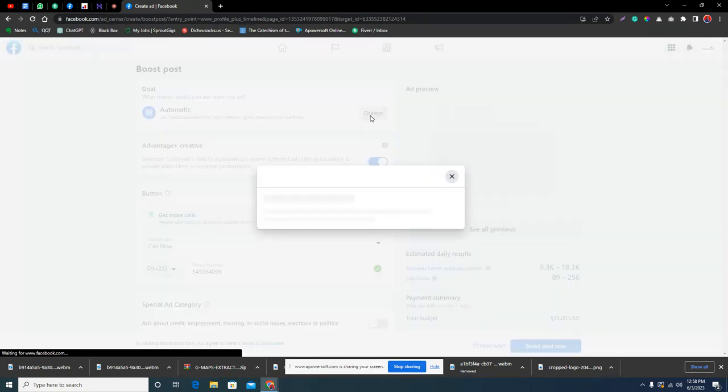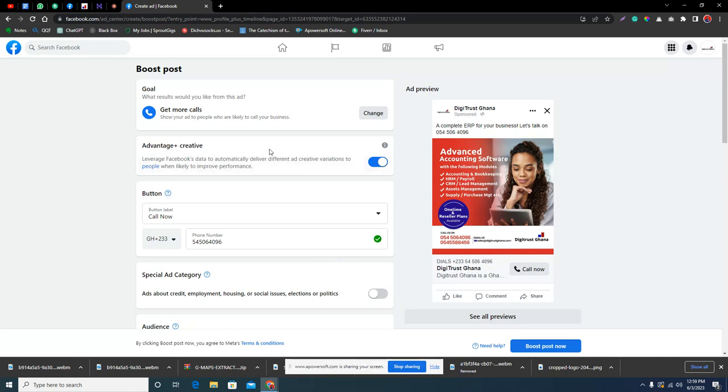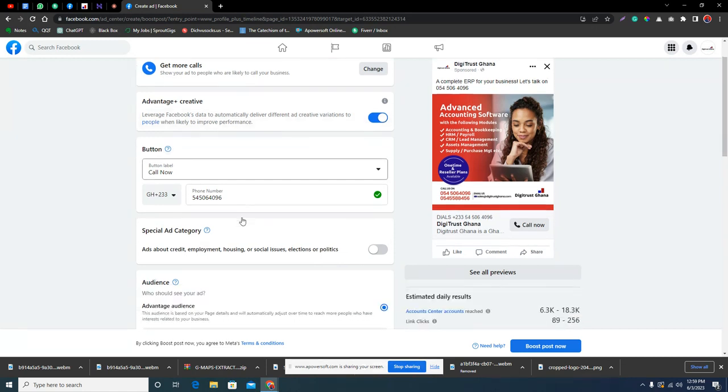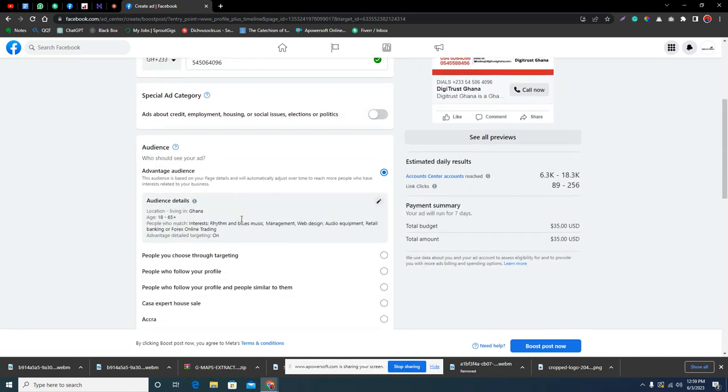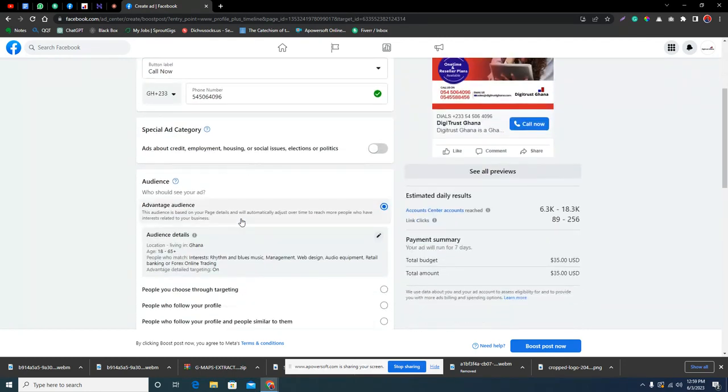Automatic. Normally, if you want to do automatic, it means the campaign you're running has to run for a very long time. But if you don't have a long-term budget, like a one month budget, don't do automatic because the system has to find a lot of time to be able to adjust and give you the results you want. All right,